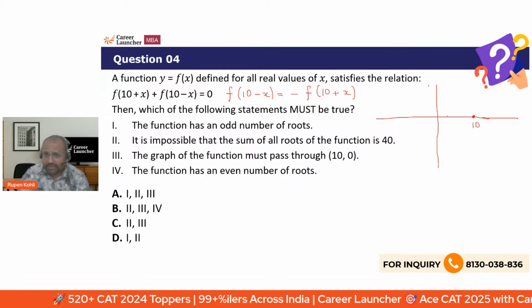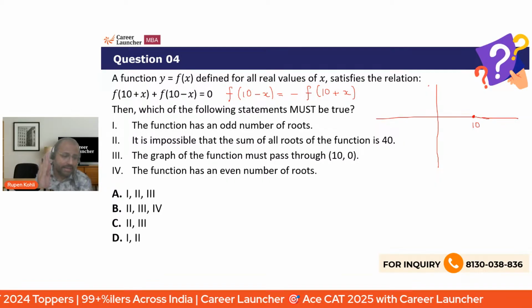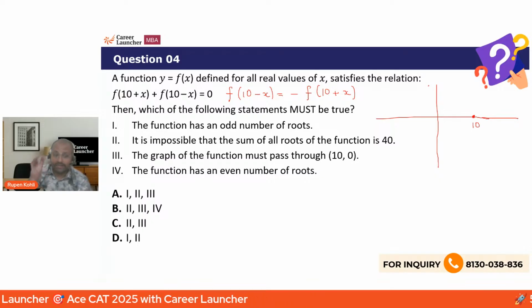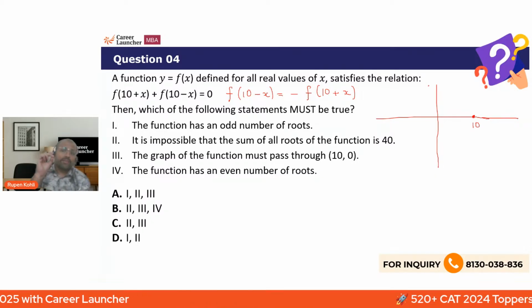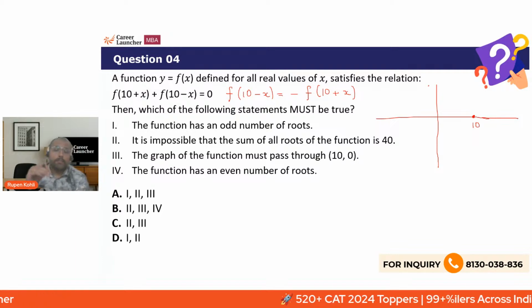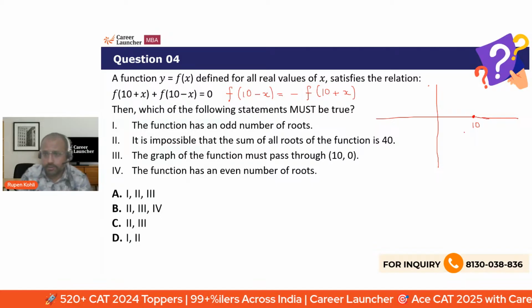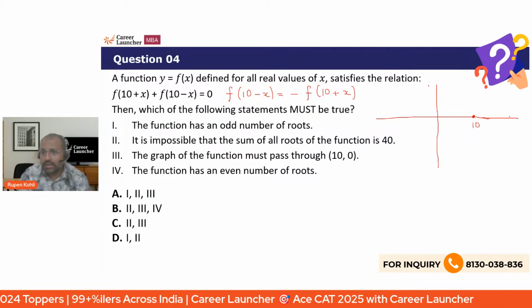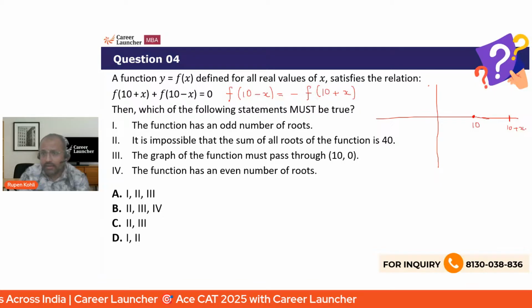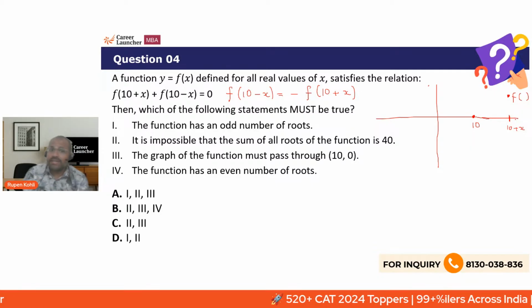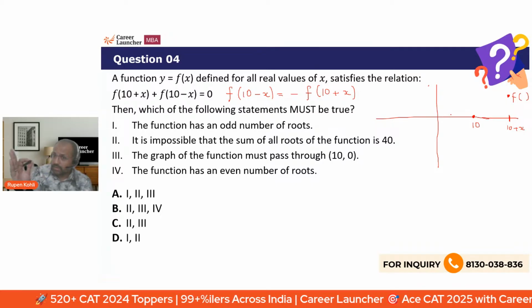This statement is saying that from this value of x being 10, yeah, Kashvi, a similar question was there, but this goes one step more. F of 10, whatever is the value of the function at 10 plus something. So let's say x units down the line, we are at 10 plus x. And whatever the function value is there, f of 10 plus x, let's say this is the value of f of this. So f of 10 minus x, if you go the same value of x